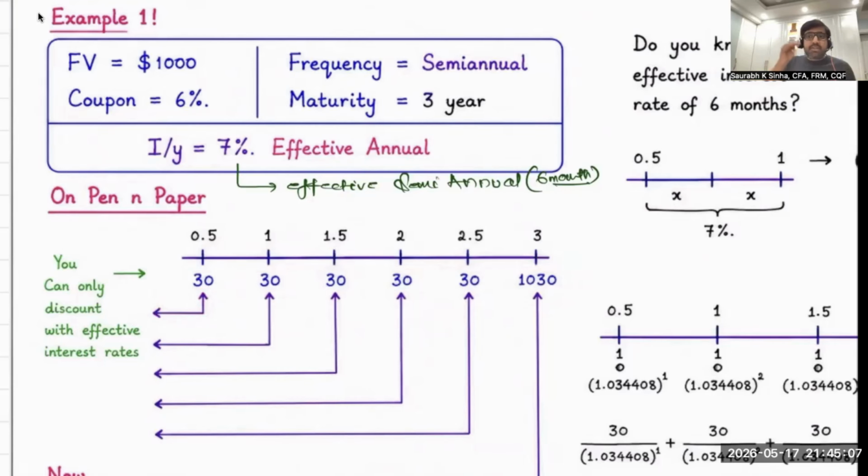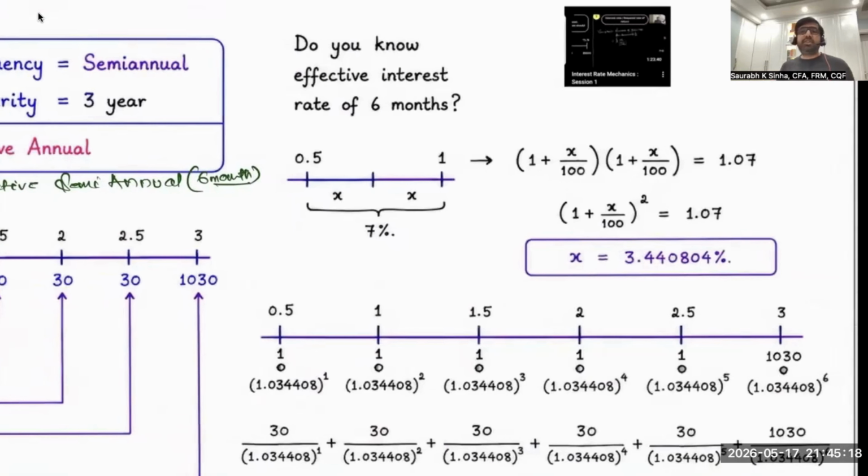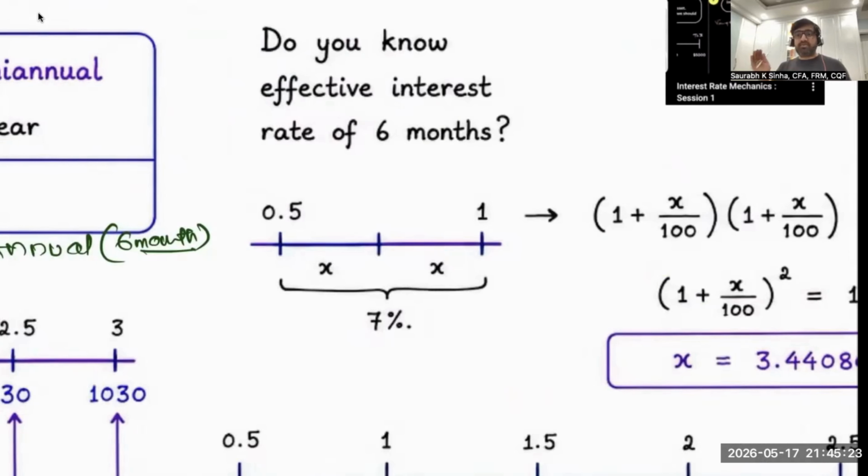The annual or yearly effective interest rate is given or provided, not the effective interest rate of 6 months. So to find the effective interest rate of 6 months, again, you have to watch interest rate mechanics. I'm solving it for you in this session, but it is going to be very superficial. So what we did in interest rate mechanics, we said that there are two paths. Path one is that